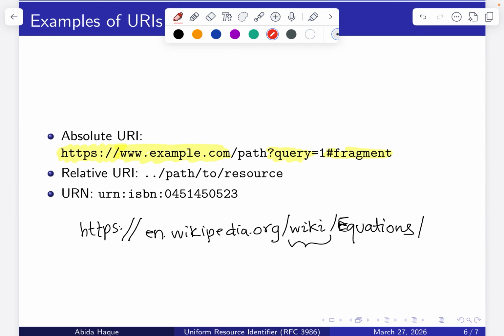We can look at a couple more examples of URLs and URIs here, but here I want to point out specifically the concept of having an absolute URI, which has this whole piece with the HTTPS. That's included, and then it starts at www.example.com. This is the absolute location of the resource. A URI can also specify a location relative to the current resource. So if you were already on the network path and you knew